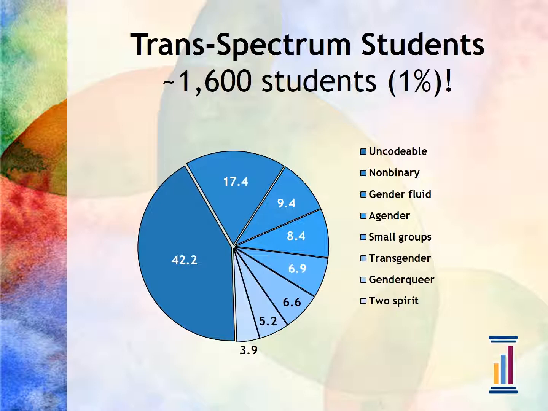And what those mean are, they didn't give us something that could be coded as a gender, or they wrote something that obviously isn't a gender identity. It's some sort of joke or objection to the question. And this slice of uncodable is much smaller in our sexual orientation data. So I think that's a message that students just aren't in the same place, possibly developmentally, in talking about and thinking about gender identity, and taking that as seriously as a category. So that's a little bit of an issue of concern for me.